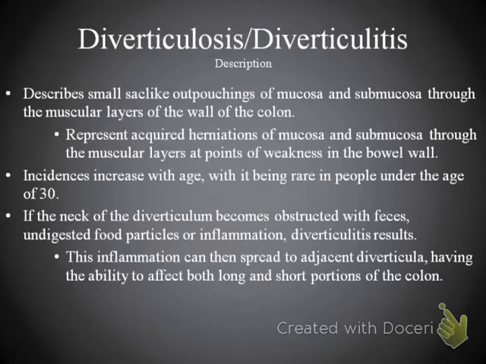So diverticulosis and diverticulitis. This describes small sac-like outpouchings of mucosa and submucosa through the muscular layers of the wall of the colon. It represents acquired herniations of mucosa and submucosa through the muscular layers at points of weakness in the bowel wall. Incidences increase with age, with it being rare in people under the age of 30. So keep that in mind, that typically it's going to be very rare for people under the age of 30